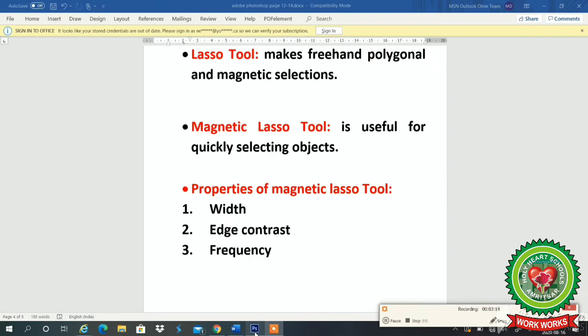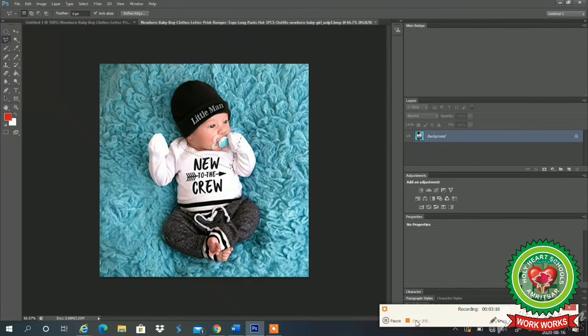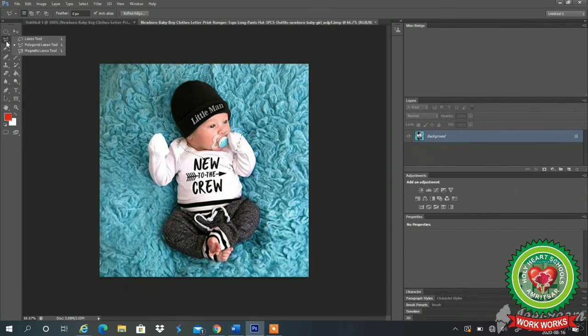For that we will open Adobe Photoshop. Now we will click on the magnetic lasso tool. We are having this magnetic lasso tool. Now notice these three properties which I have discussed with you. Width detects the edges only within the specified distance from the pointer. I can set the width according to my wish: 30, 40, 50, 10, 20, that is my wish. Next we are having edge contrast.